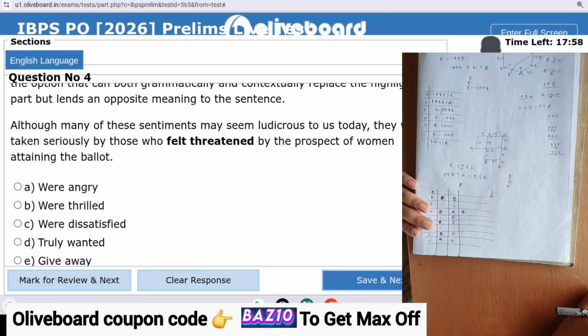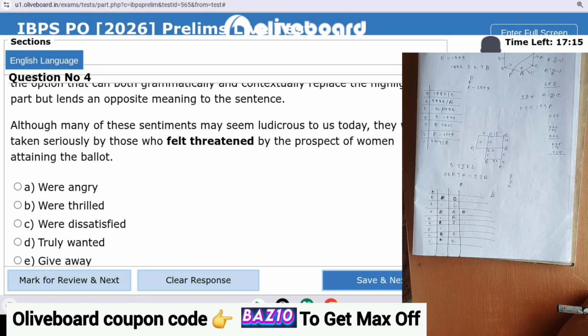The next is although many of these sentiments may seem ridiculous to us today, they were taken seriously by those who felt threatened by the prospect of women attending the ballots. Although many of these sentiments may seem ridiculous to us today, ridiculous, they were taken seriously by those who felt threatened by the prospect of